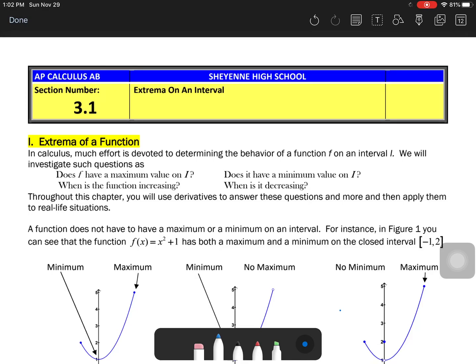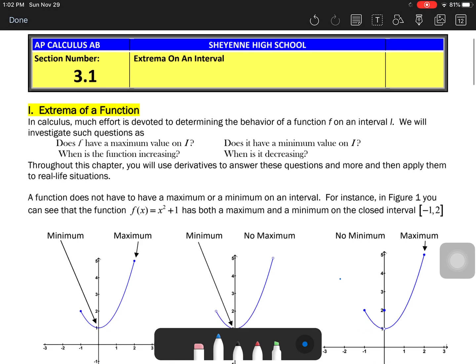Hello AP Calc class. We are going to start the notes for section 3.1, and it does follow the textbook for that section. What we're starting in this unit is extrema. First, we're just going to talk about how to find extrema on a function using the derivative, and that's going to lead us into first and second derivative tests. Not necessarily in this unit, but in this same chapter in the book, we'll also get into some applications with that, which would involve some optimization type